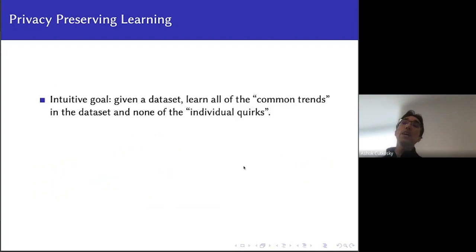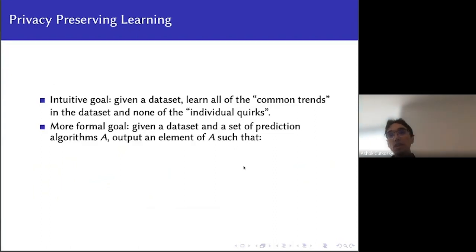Okay, so high-level intuition: we want to learn common trends from a data set and not individual quirks. But it's actually a little more difficult than that. We want to only learn common trends that are really justified in the data set. So even if it happened to be the case that all the green people really do like chips, we don't have enough information yet to really justify that. We would still be leaking private information by revealing what is really a common trend, but could have been an individual quirk based upon the information we had in that small data set.